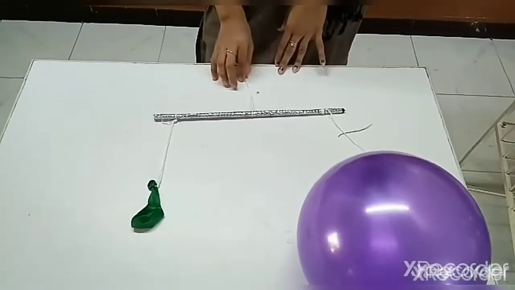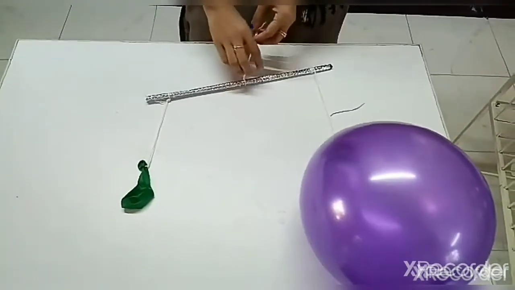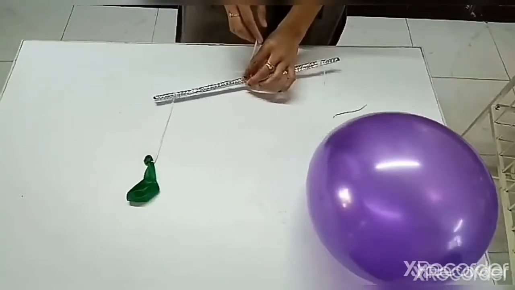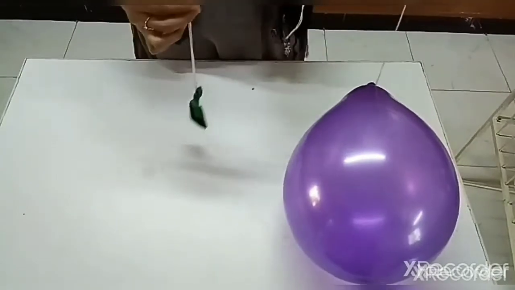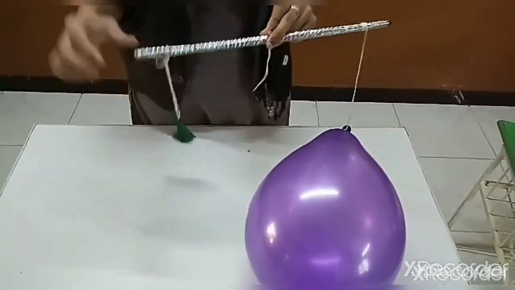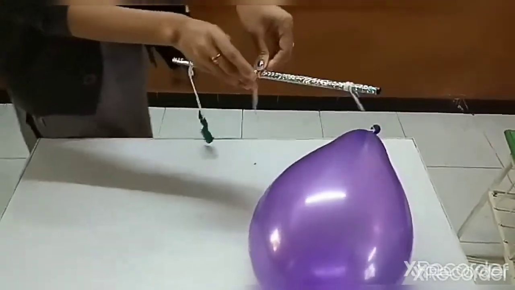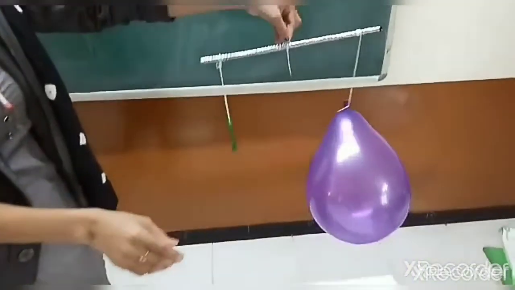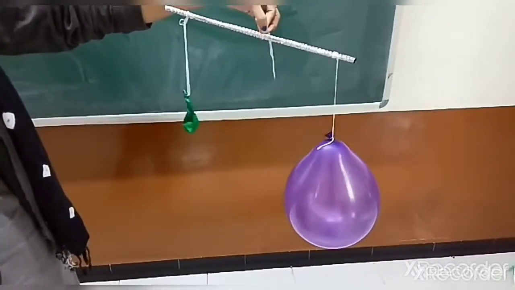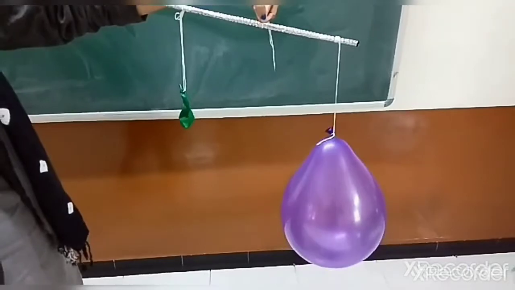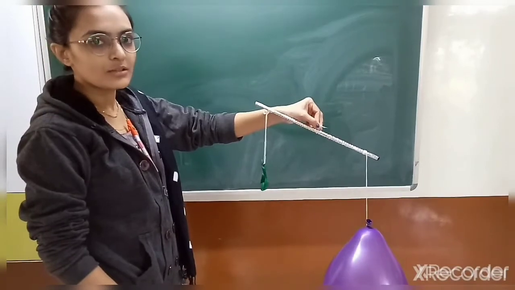Now air fills space, air gives shape to things, and air also has weight. For this activity, we need one stick, two balloons and thread. We tie the deflated balloon on one side and the inflated balloon on the second side. Now we do the activity. See which balloon goes down? The inflated balloon. So air has weight. Students, you can do this activity in your house also.